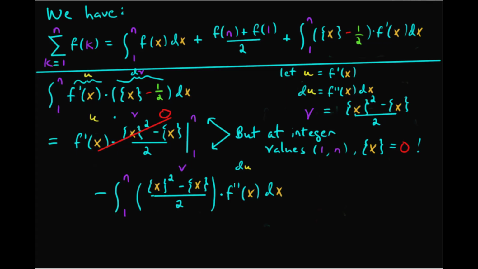And so we're left with this integral equaling, here I'll just factor out the 2 in the denominator there, equaling negative 1/2 times the integral from 1 to n of (fractional part of x squared minus the fractional part of x) times f double prime of x dx. Now it would be great if we were done here and we had a new form of the Euler-Maclaurin